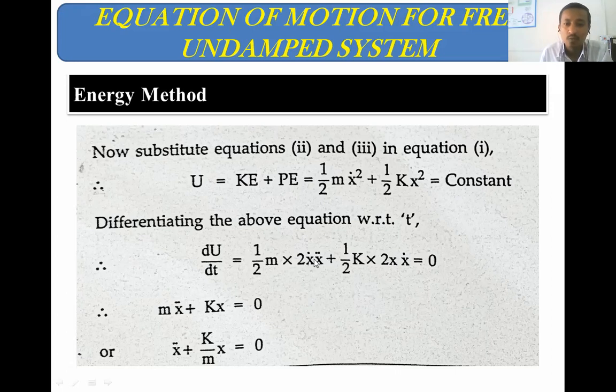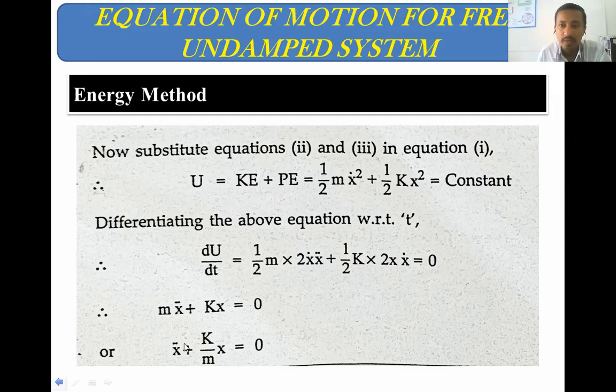So अगर इसको simplify किया तो अभी देखो 2 and 2 get cancel. So remaining is, अभी देखो x dot तो दोनों साइड है, so एक कॉमन लिया तो क्या हो जाता है? तो इससे if you take it on right side, so it will become 0. So remaining is m x double dot plus, 2 and 2 here all get cancel. So अगर x dot तो हम उस साइड लेके गए राइट साइड में, so remaining is k into x, x is equal to 0.